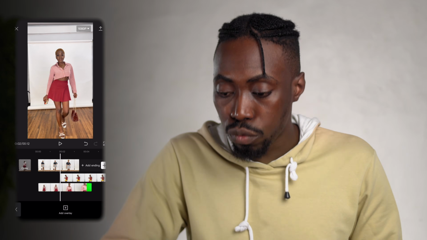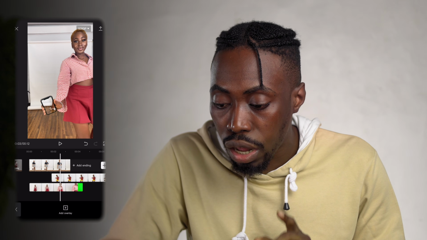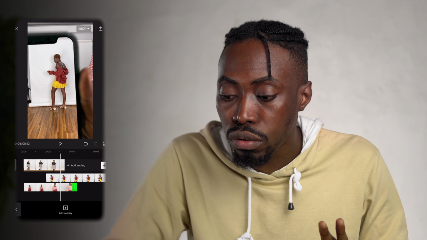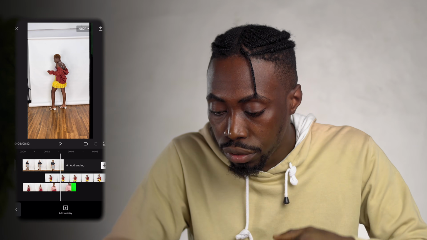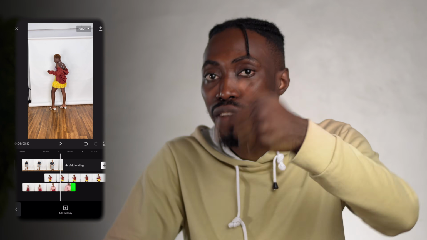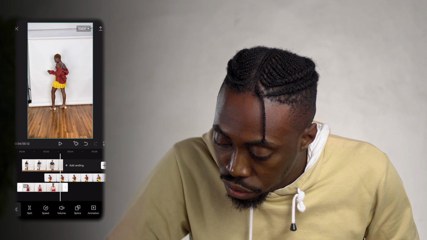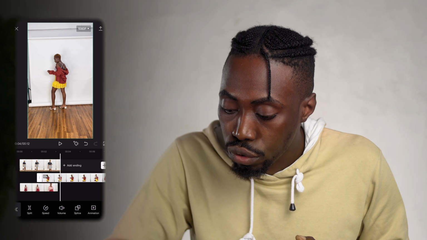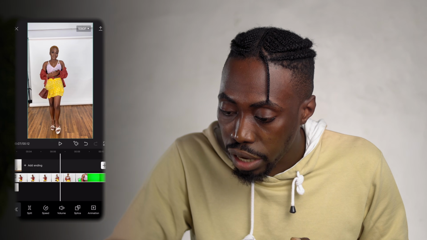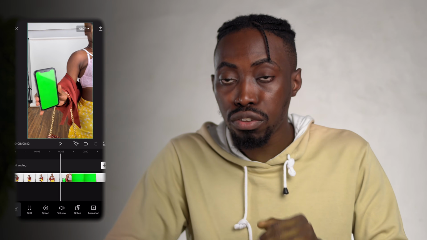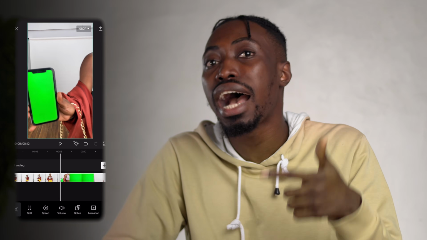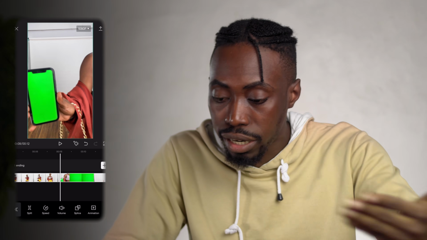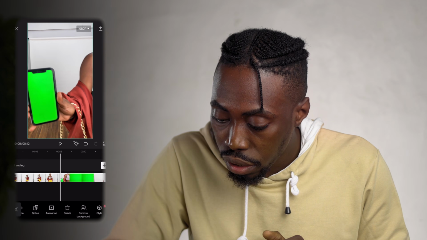Okay. So now we've perfectly keyed out the green from the first clip. Just when the phone has gone past the screen of your phone, you cut it right there so it doesn't affect the second clip. So I'll trim it to that line right there. That's fine. So from the second clip right now, we'll scroll through. When she has brought out her phone, first of all, we'll key out this green out of the video so we can reveal the third clip, the clip that's underneath this clip. So first of all, we'll key out the clip.